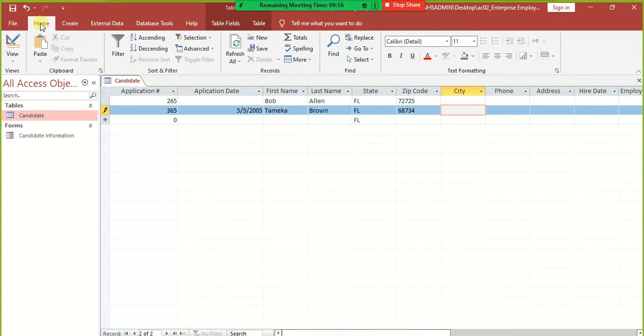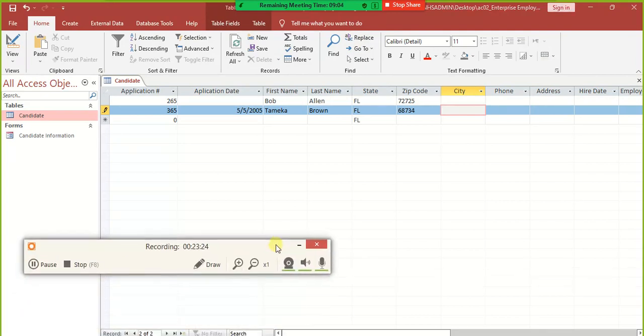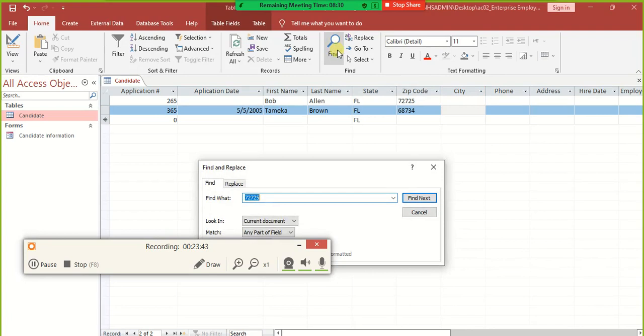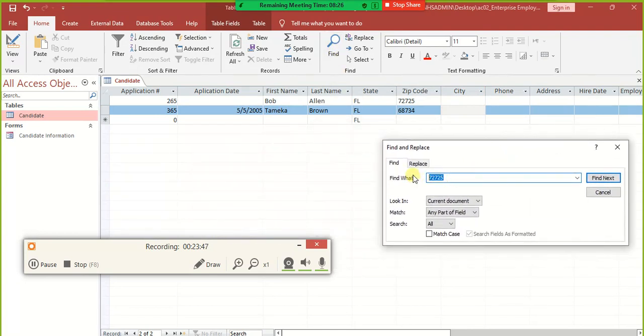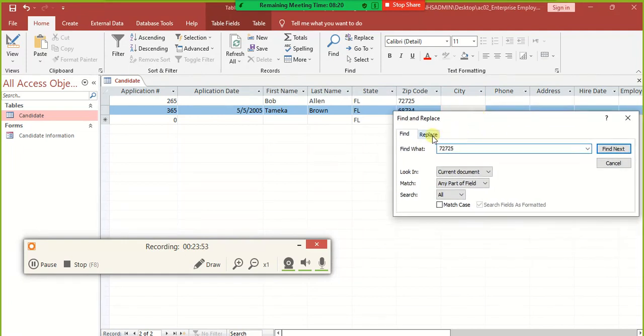we click on home, and at the top here we are seeing. All right, so as I was saying that we are going to use our find and replace feature. So I click on home and right here, and you can use your find icon here to pick up where to find your find and replace. So we're going to click on find, and we're going to find what? We're going to find 72725, and we're going to replace it. So click on the replace right here. We're going to replace it with